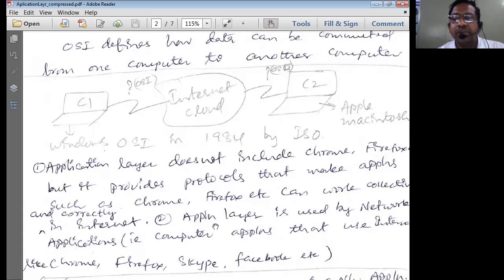When you write a simple postal letter, whatever we write on the postal card should be understood by the destination, by the recipient. If you write in Telugu, they should understand Telugu. If you write in Hindi, they should know how to read Hindi. If you write in Urdu, they should know how to read Urdu. Conversion is not possible at the destination, right? Because there are no enhanced protocols in between.